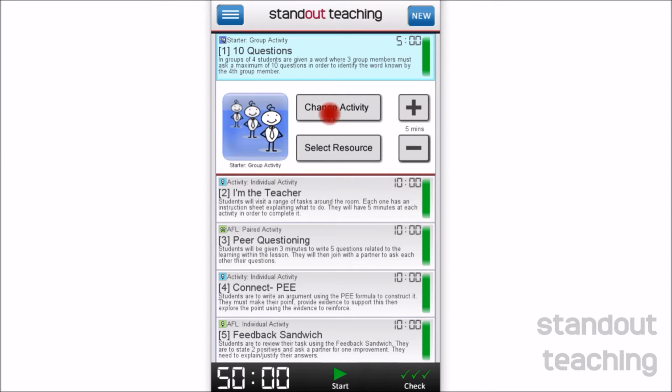I can go back and amend my plan if I wish to, and I've also got a start button, and what that will then do is start the overall lesson countdown timer and also my individual activity timers, which will give you a bell when they get towards the end of them, telling you to move on to your next activity, just to give you a bit of in-lesson support. So if I just click stop on that, final couple of features of this: